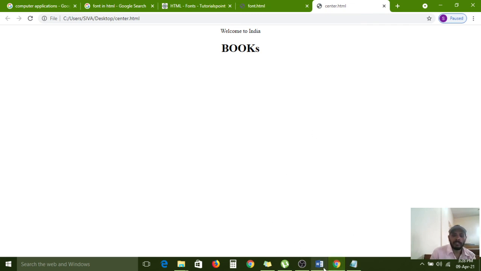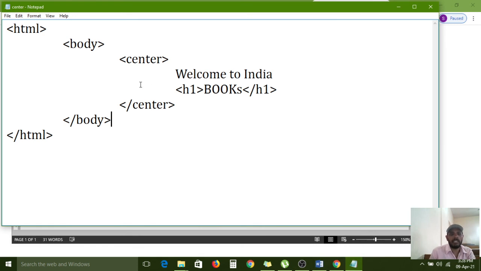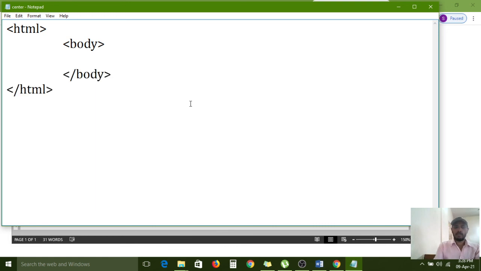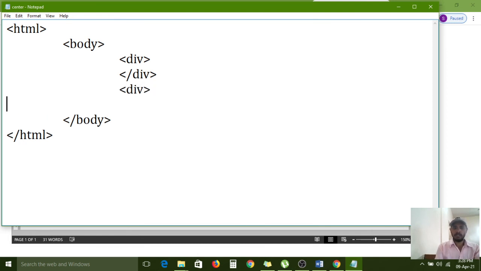Next, the div tag and span tag. The div tag is a block level tag. Here I am removing this one. I am applying a div tag. So it is one block. And here also one more div. It is another block.